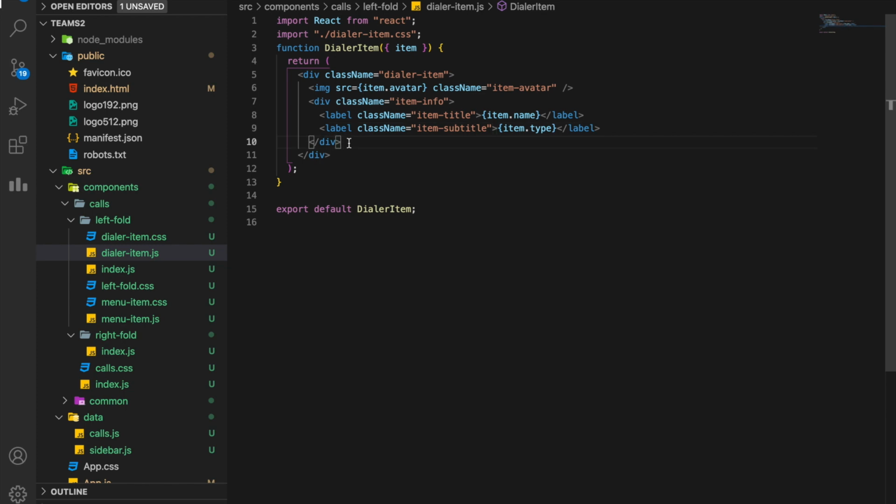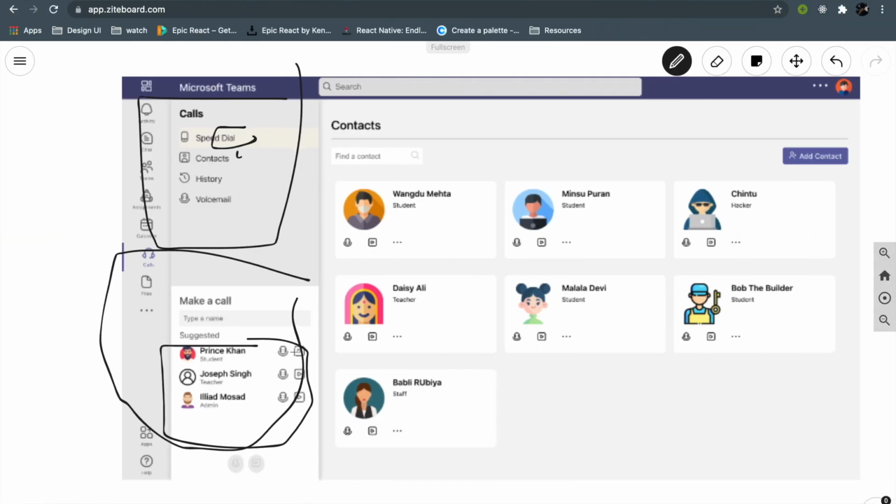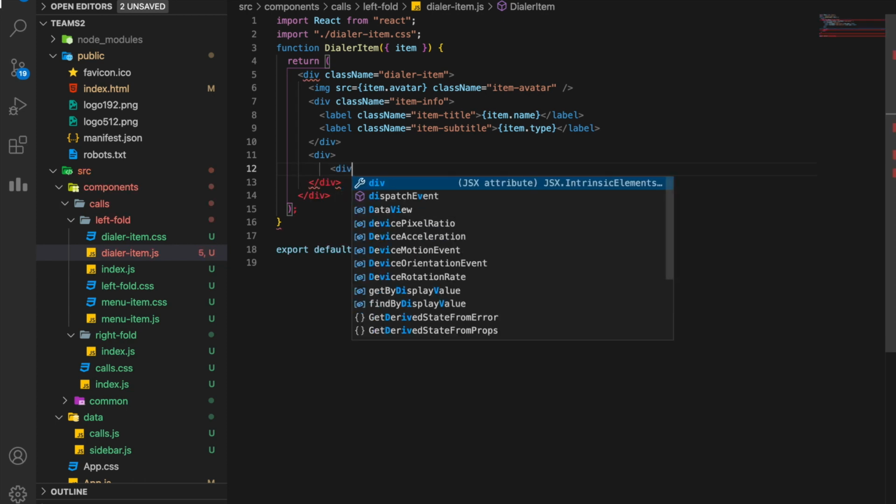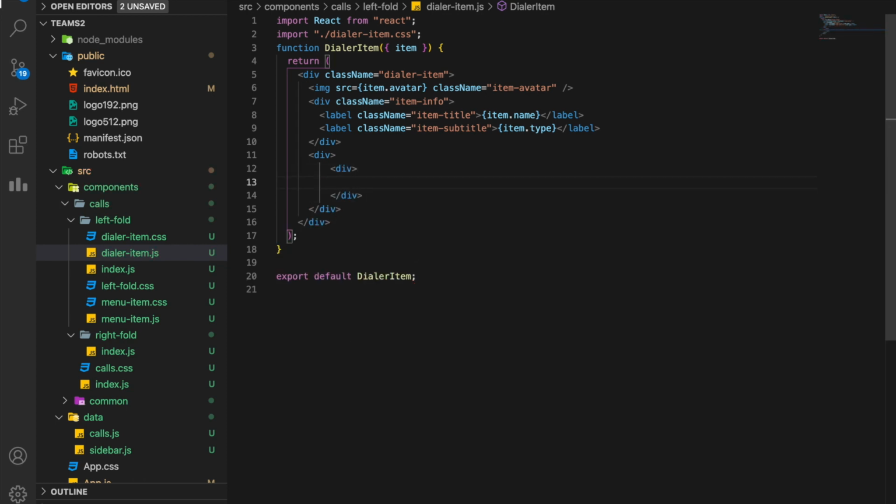Next to info we have these two icons, this mic and this camera icon. So we will need another div. Make sure you use as many divs as you want, no one is stopping you, but don't get confused about why you are using a particular div. To style an icon, I'll place every icon inside a div.